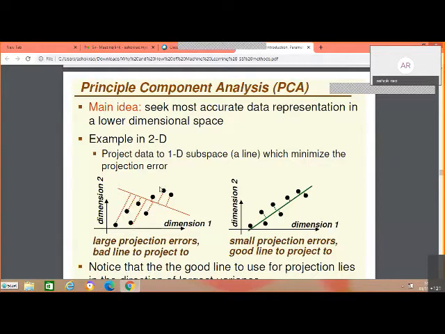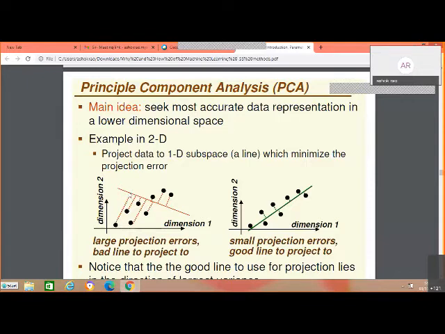Please remember, the moment I do a one-dimensional representation, the following happens. For every point, there is an x-coordinate and a y-coordinate. That is dimension 1, dimension 2. I have 8 points, so 8 into 2, 16 numbers I have to give to collect all this data and represent it.